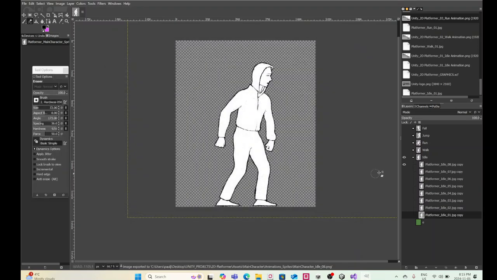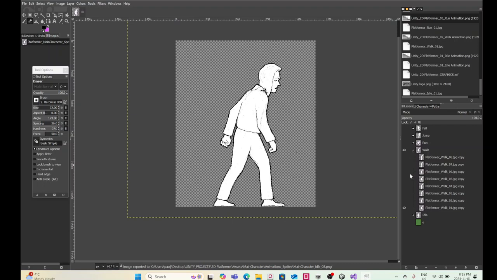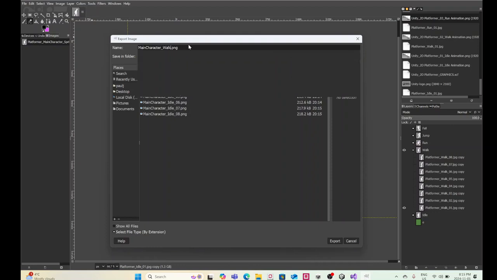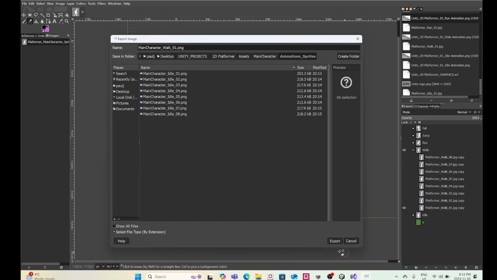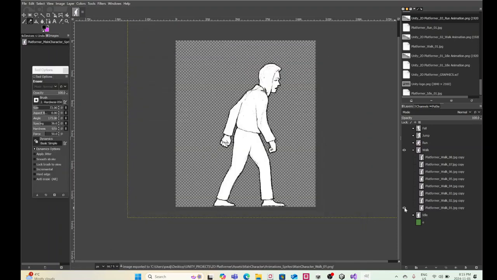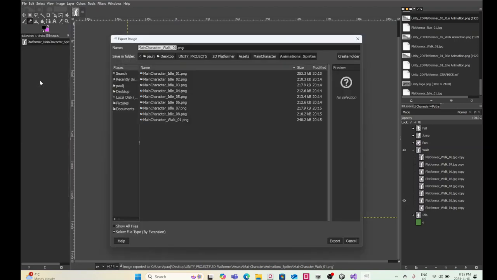Okay, so that's all of the idle. So I can shut that off. Go to walk. Okay, file export as walk. So 1, 2,